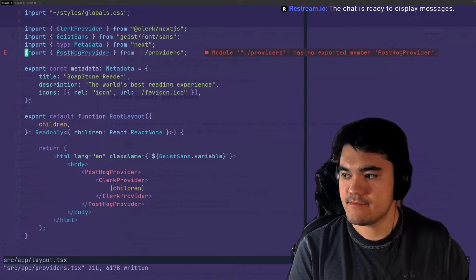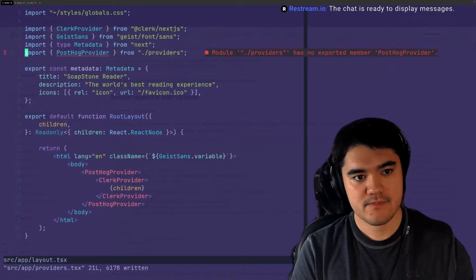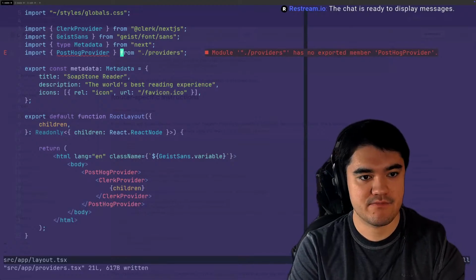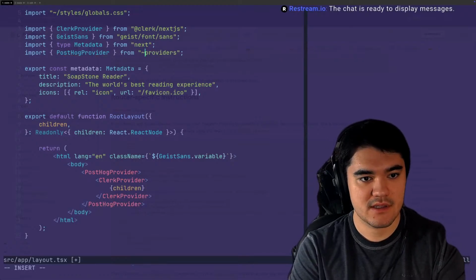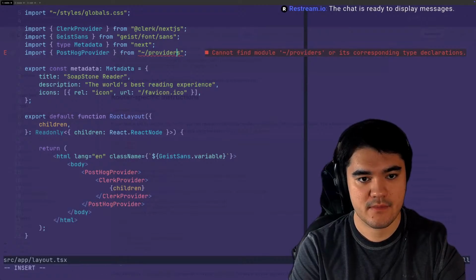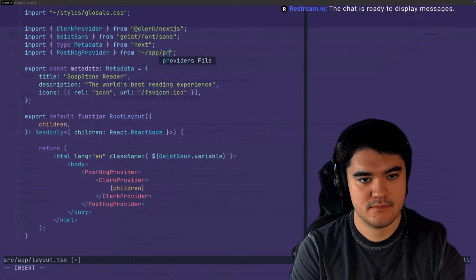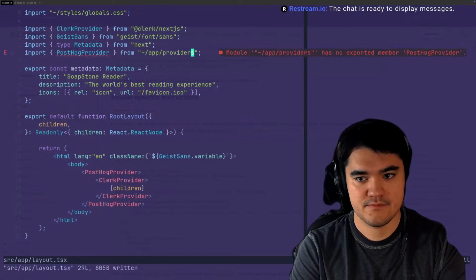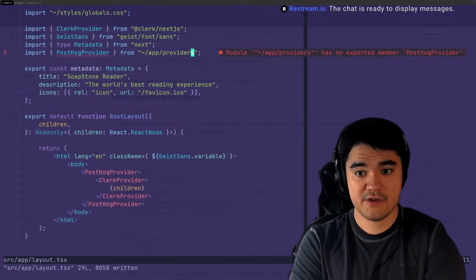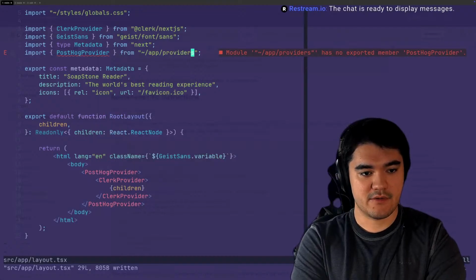Let's see. Now this could probably just be like this. Provider says no exported member PostHogProvider. But I'm pretty sure it does though.